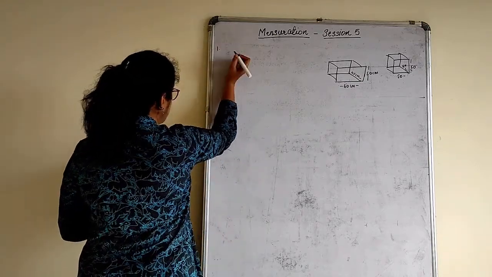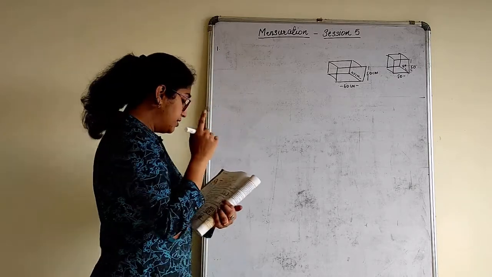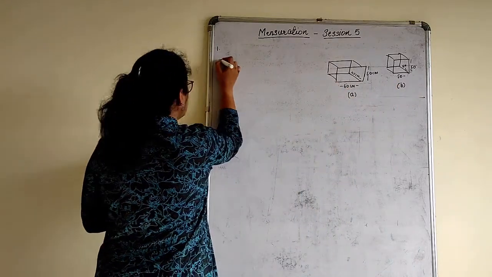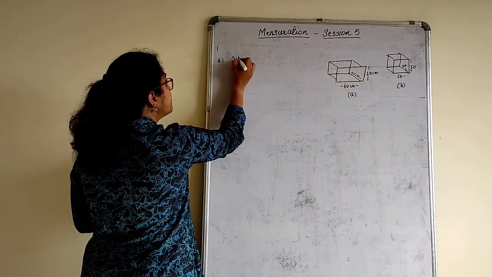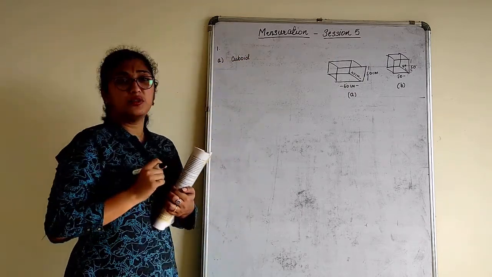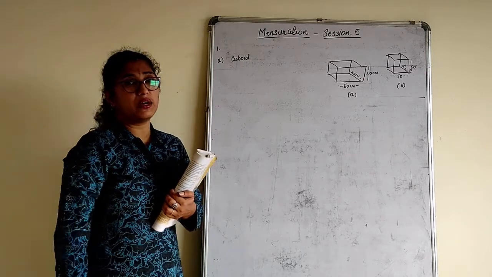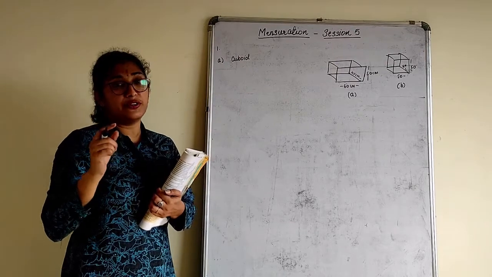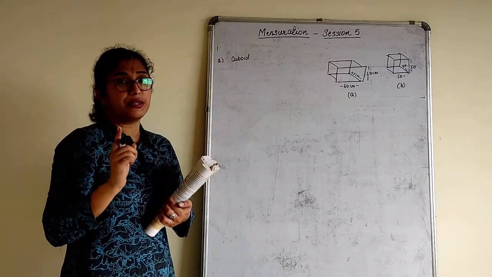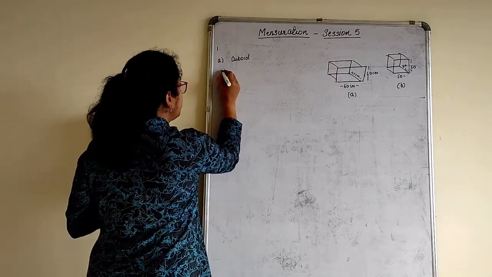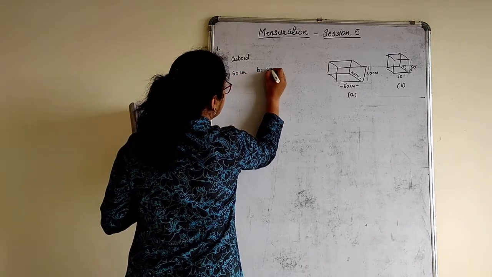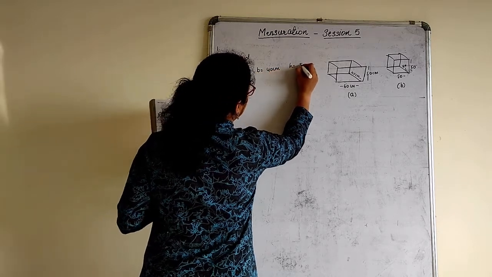Before we start the sum, always write what figure you are addressing, with respect to the figure, this is A and B. A part is a cuboid. How did you know it is a cuboid? Because length, breadth and height are given. B part is a cube. Why? Because length is equal to breadth is equal to height. Always name the figure you are addressing, whether it is a cuboid, cube or a cylinder. That is more important before you start the sum. Then write down the dimensions: length is equal to 60 centimeter, breadth is equal to 40 centimeter, and height is equal to 50 centimeter.